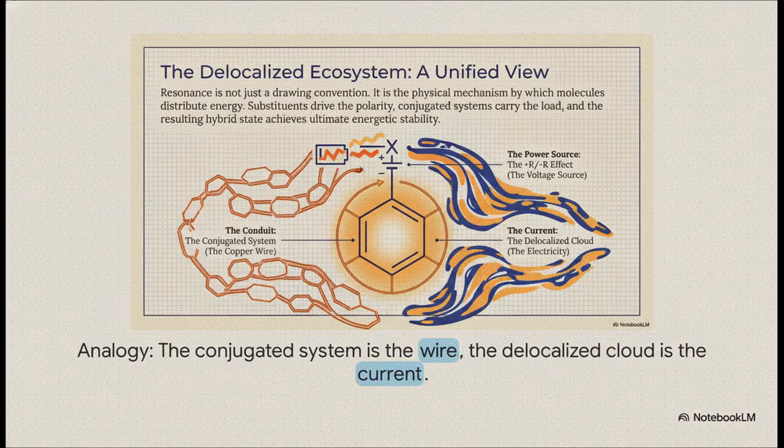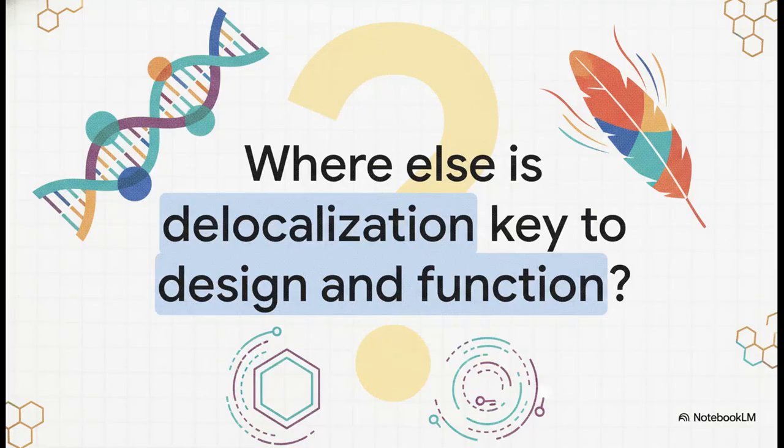So let's tie this all together with one big unifying analogy. Think of it like an electrical circuit. The conjugated system, that highway of bonds, is the copper wire. The delocalized cloud of pi electrons is the current flowing through that wire. And that attached group, the pusher or the puller, that's the battery, the power source that's driving the current one way or the other. So, the most important thing to take away is that resonance isn't just a quirky drawing